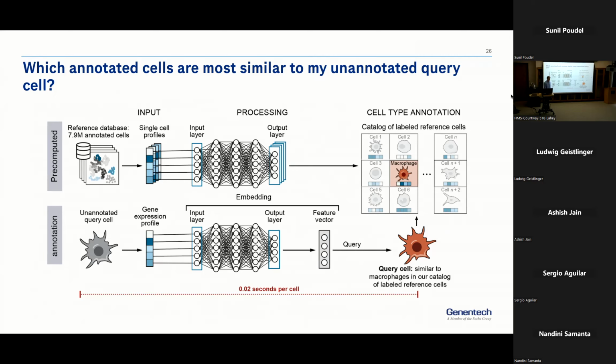Yeah, so there is a way to measure that. This is all based on a similarity metric. When we embed the cells, the distance between them is inversely proportional to how similar they are. So if I have an unannotated cell and I map it into this space and compare it to the catalog, we quantify the distance, or the similarity, that it has to the catalog. So that is one way to check: have I seen this cell before?